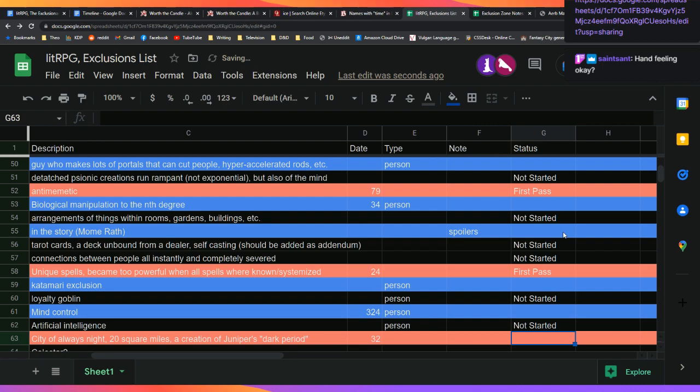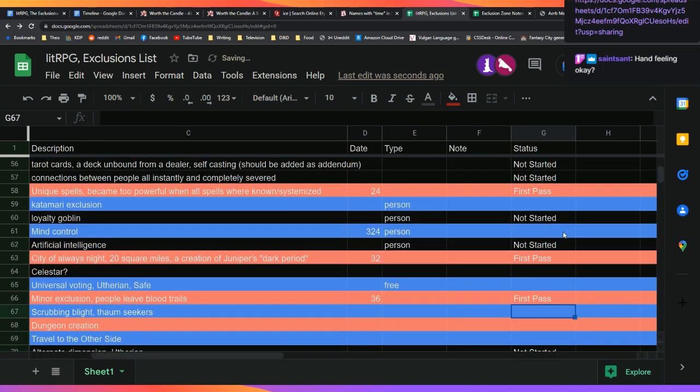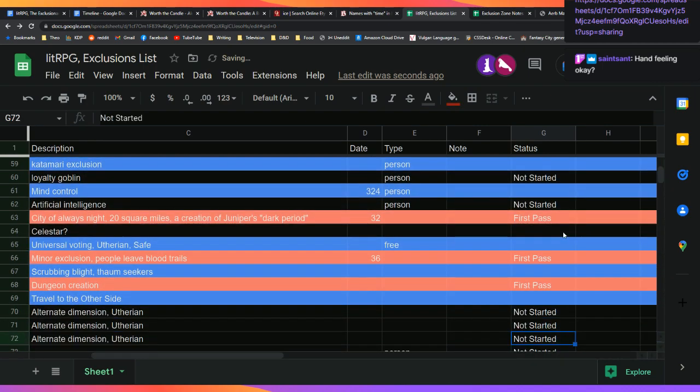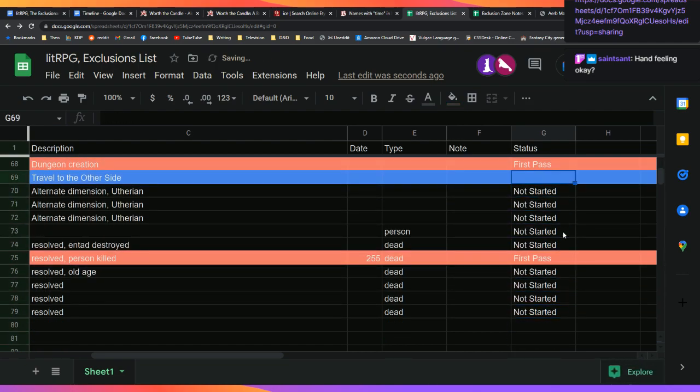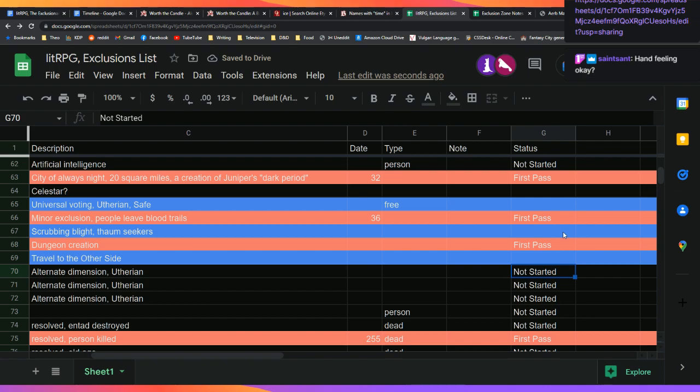And yes, this is the fastest way to do this. No, I don't know. There might be a faster way. I don't understand why they don't let you do colors. And actually, do I